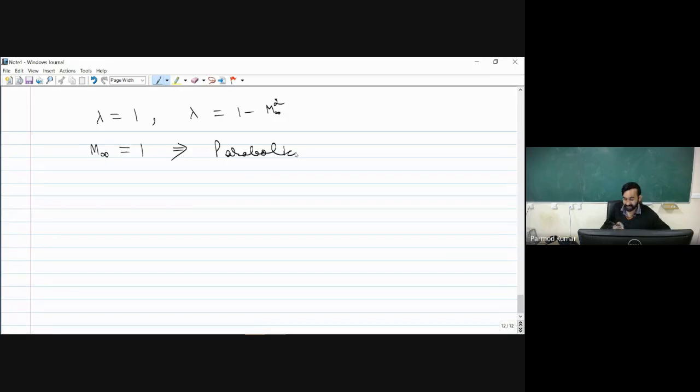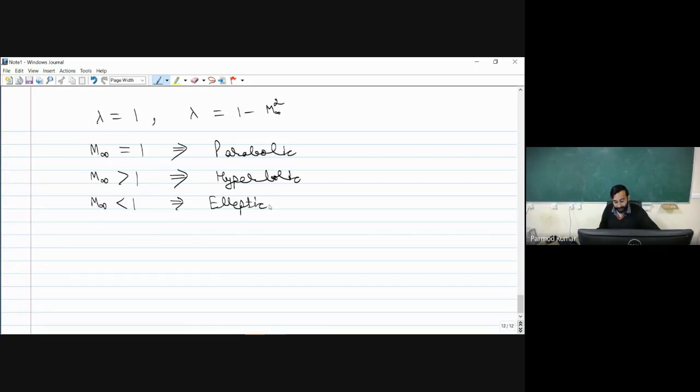And when my Mach number is greater than 1, then the eigenvalues are of opposite signs, because of which the nature of the equation will be hyperbolic. And when m infinity is less than 1, in that case this equation will be behaving as nothing but an elliptic equation. Now, if I represent physically some phenomenon which shows this mixed type of nature,